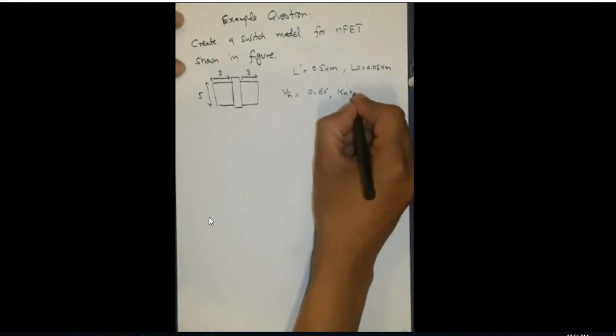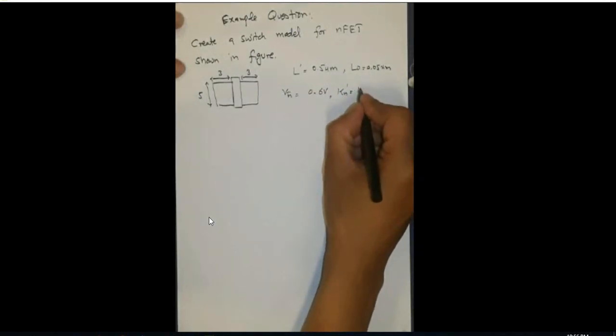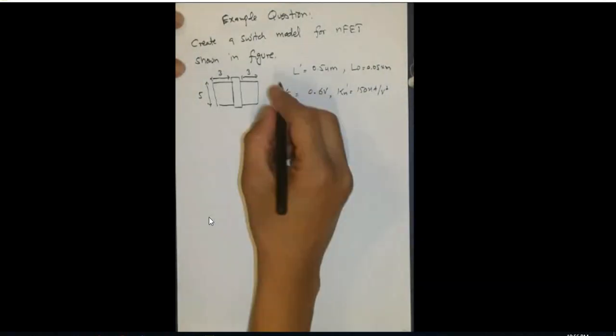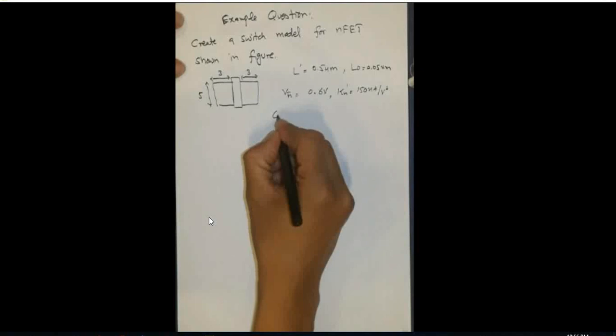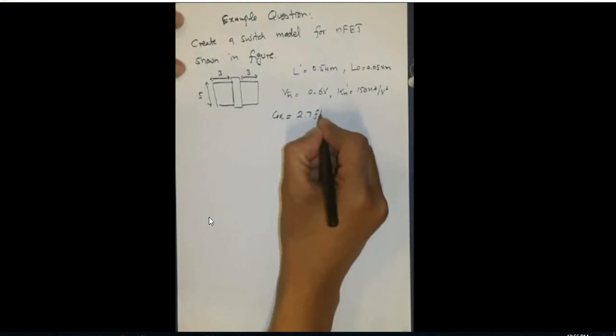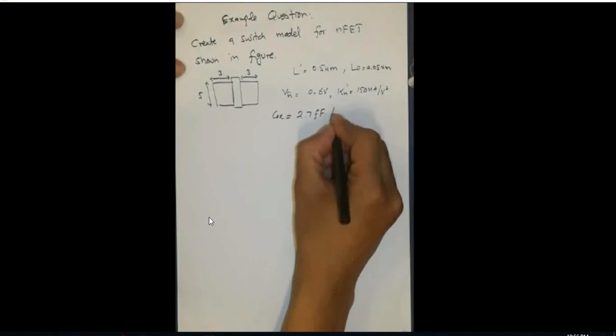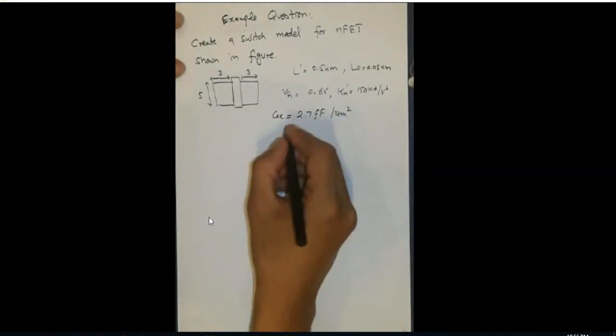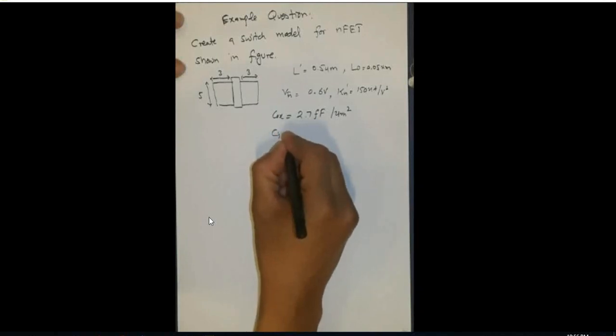We have Kn is equal to 150 microampere per volt square. Then we have C oxide, which is given by 2.7 femtofarad per micrometer square, and I have another quantity,